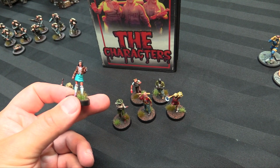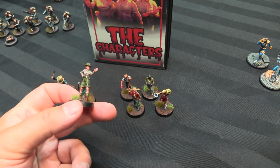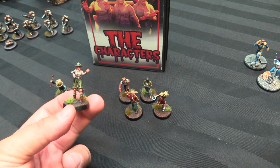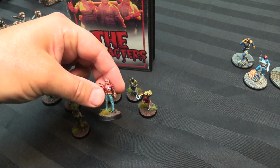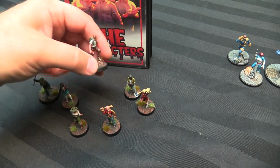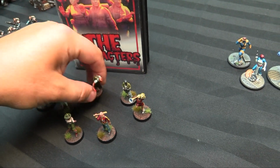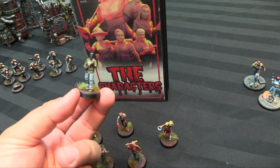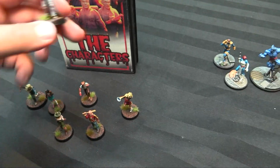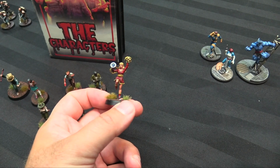So you've got the high school mean girl. You get the park ranger, the only adult, who's kind of like, you idiot kids, you're lost here in the park. You've got the jock with his baseball bat and his leather jacket, which is pretty cool. You've got the nerd with his flashlight and his Hardy Boys kind of look that he's rocking there. You got the cool guy, the brave dude with his shotgun, the reliable guy. And then you've got the cheerleader doing rah rah sis boom bah with the megaphone, and